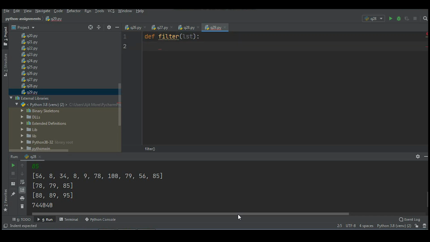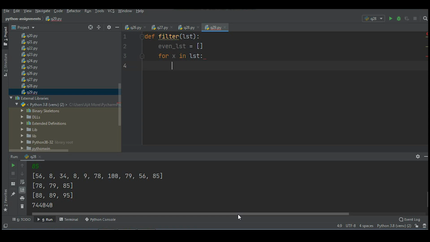I'll pass to it one list. I'll create one temporary list called even_list. Right now it is empty, but soon we are going to add to it all the elements from the given list which are even. Now we'll traverse the given list one by one: for x in LST.